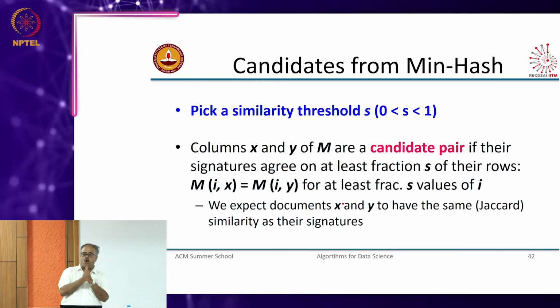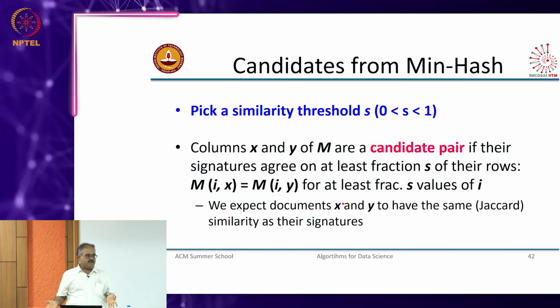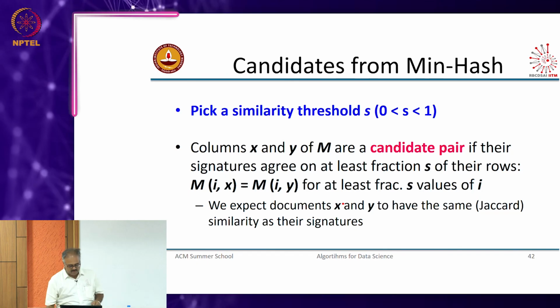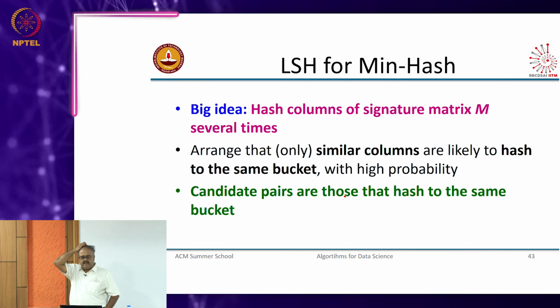I want to make sure no pair that has a similarity greater than 0.8 is left out, right. Of course, we do not live in an ideal world, so we are not going to get all these guarantees, right. So, what we are going to do is,